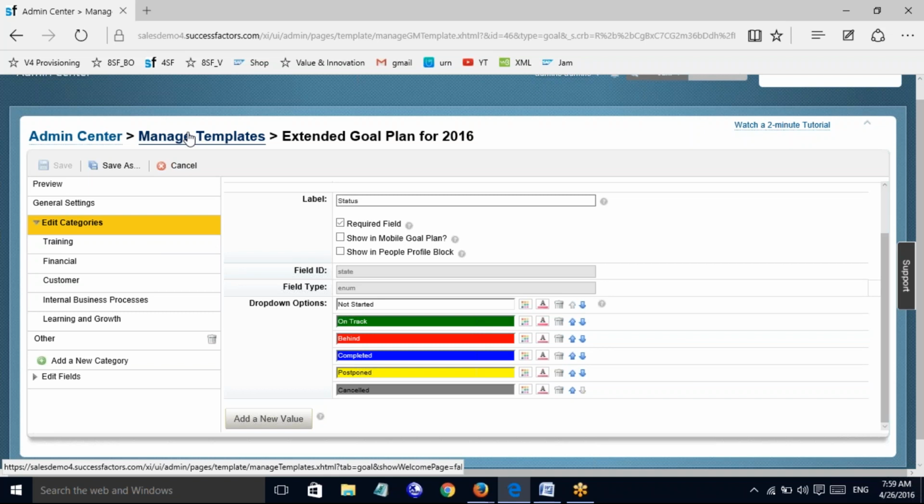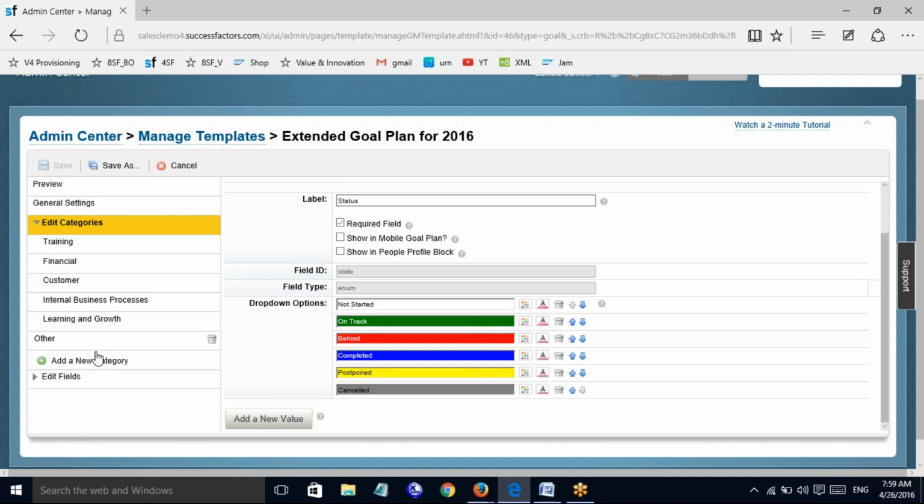If you remove fields or categories from an existing goal plan template which is already in use by the users, it will impact the goal plan template for the users from the previous year.